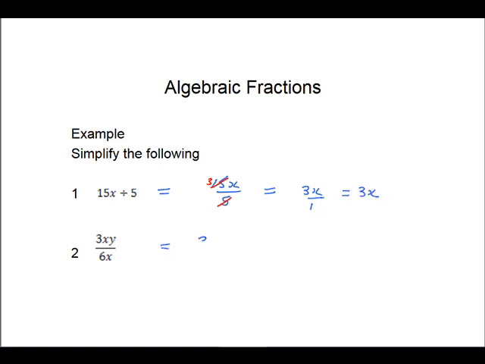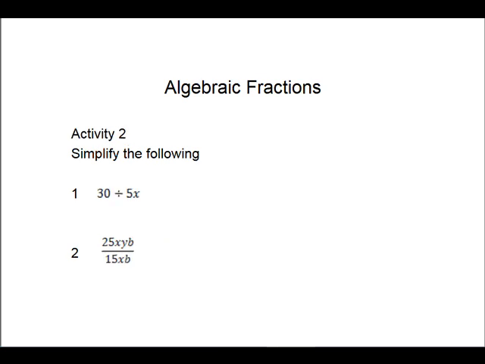Here, this one here, we've got a variable x on the top and bottom. So in this case, we can cancel them. Remember, we can only cancel factors when they're multiplied together. So the answer is y over 2. Here's an activity for you to do. Remember,